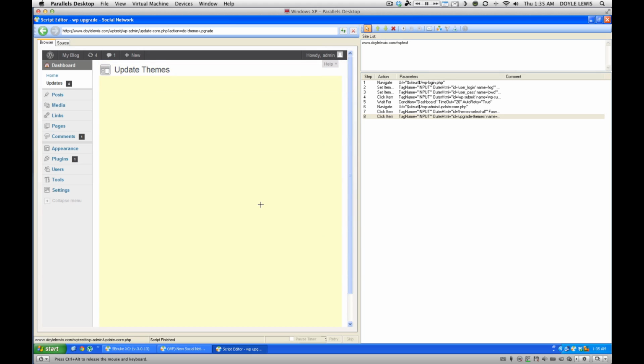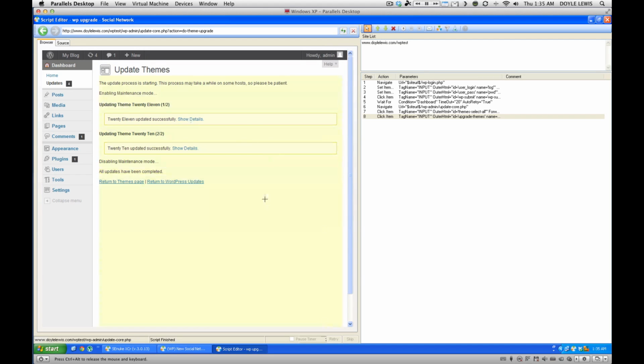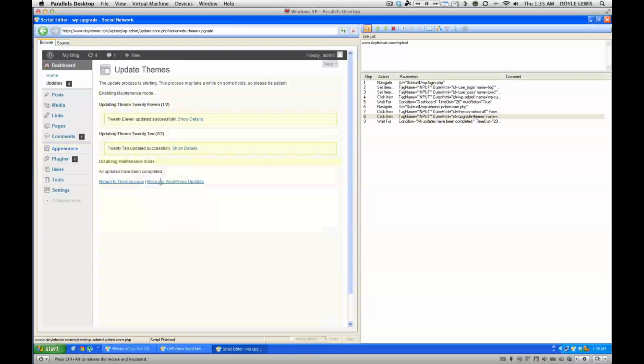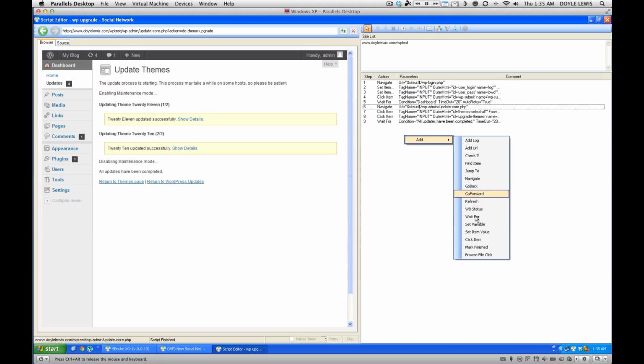Our update themes page pops up. Everything's been updated. Perfect. We want to wait until "all updates have been completed" shows up. So we want to wait for this text. Perfect. And then we're going to take this, we're going to copy it, and we're going to paste it. Okay, so we're going to add a new